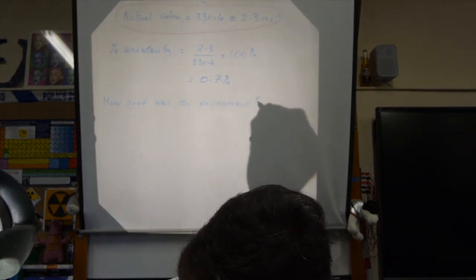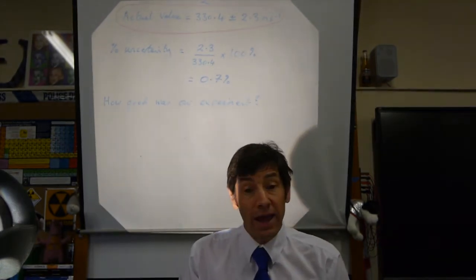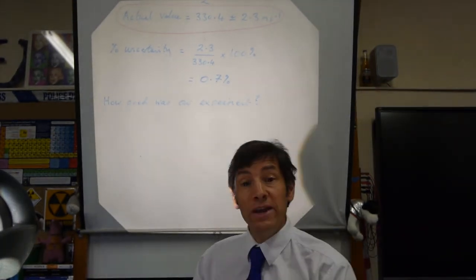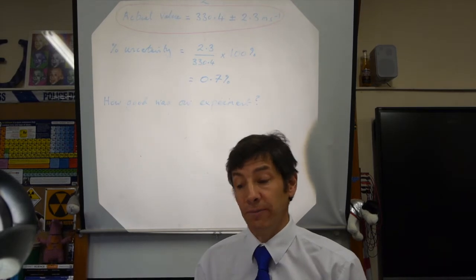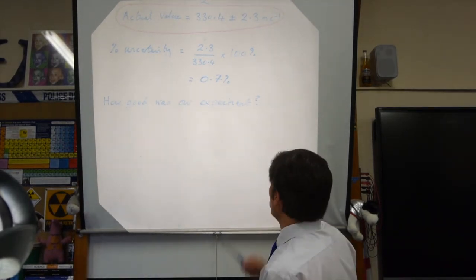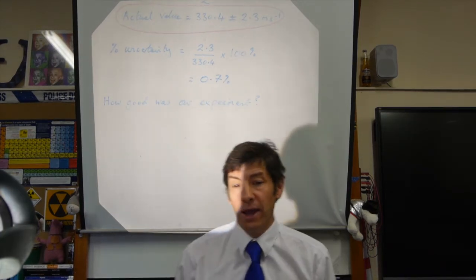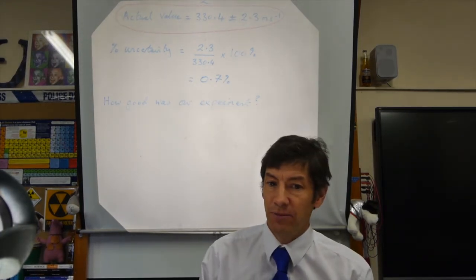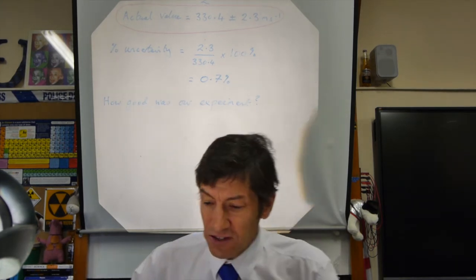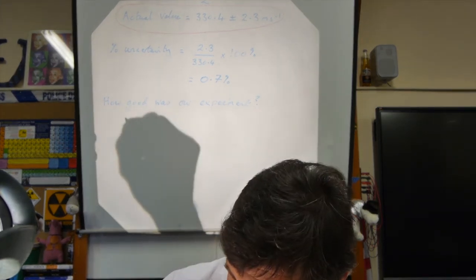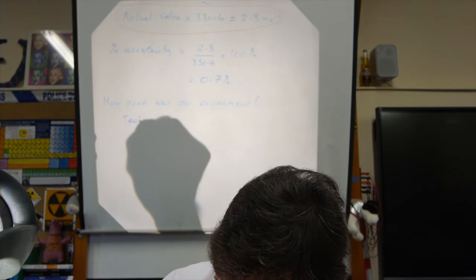In other words, how does it compare to what we really were meant to be reading? We were fairly certain of our result, but how does it compare to a textbook value? For the sake of what we're doing here, I'm going to suggest that the data book or the textbook